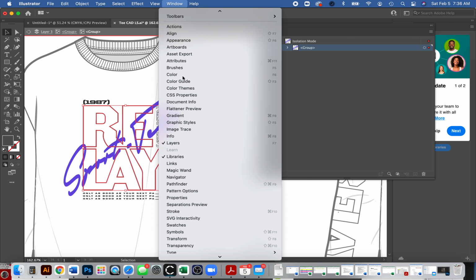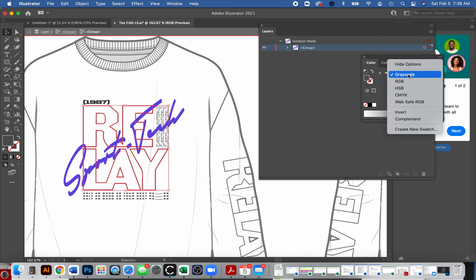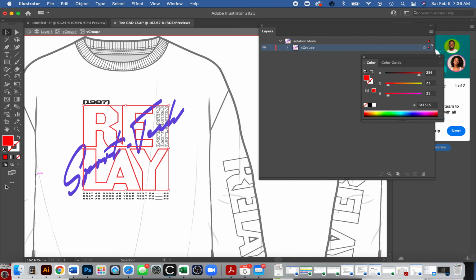And for some reason it's set to the black and white mode. So we can change our option to RGB or CMYK. Should work. And now it's back to the red that we selected. That happens sometimes when you download files from WGSN. It might automatically be set to black and white, but if you're drawing something yourself, that rarely happens.